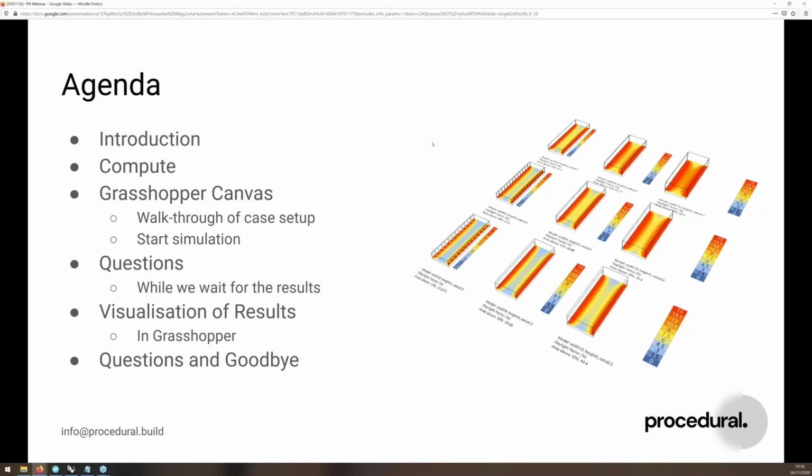So I'm going to give a short introduction to who Procedural is and what Compute is, and then I'm going to take you through the Grasshopper canvas, and then we're going to run these cases, and we're going to visualize them, download the results, and visualize them back in Grasshopper, and then hopefully that will be around an hour of